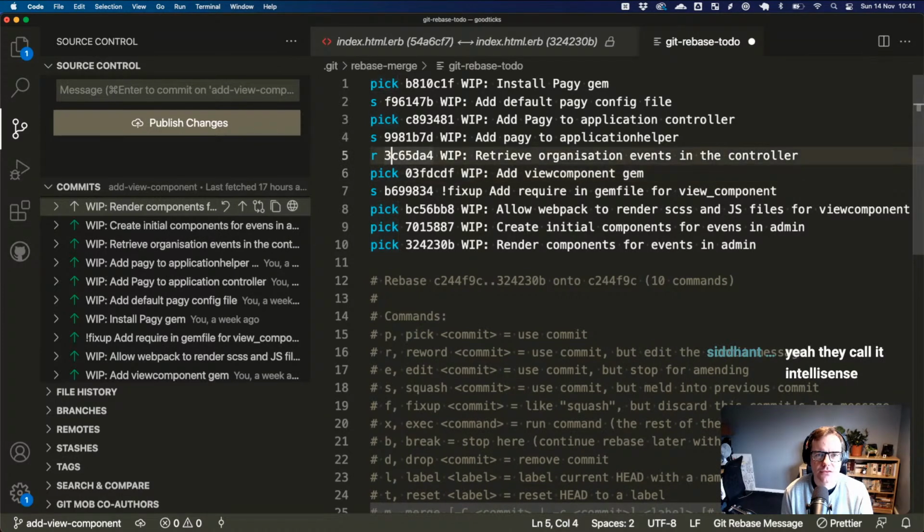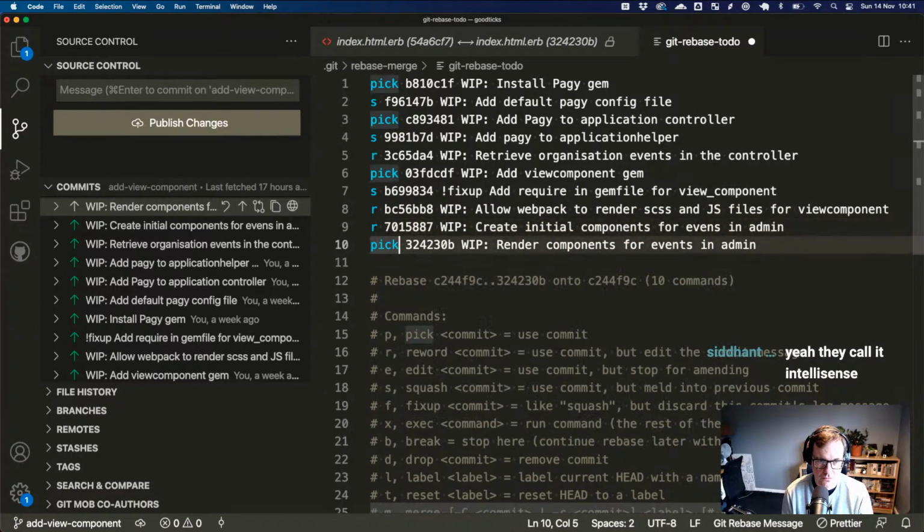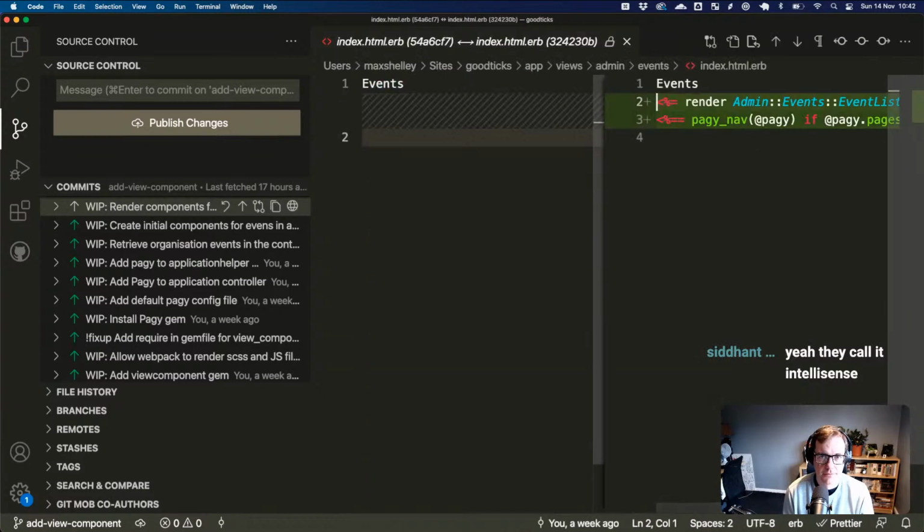Okay, so that's reword this. That'll get reworded because of the squash. I don't know what this one's doing, so reword it. Reword this one. Reword this one. Okay, we're going to do some typing. It's going to be boring. Let's settle into it. Okay.